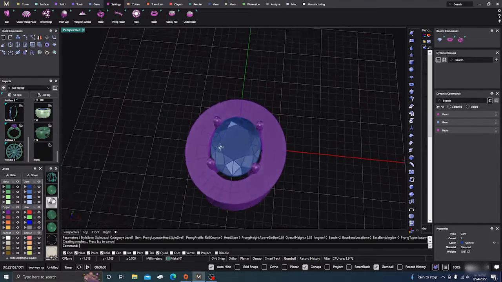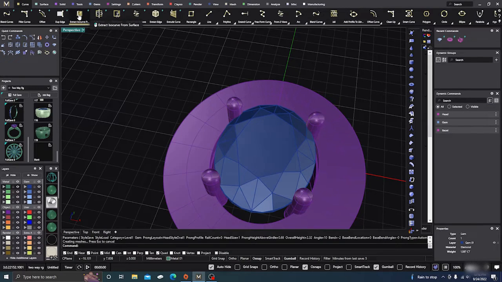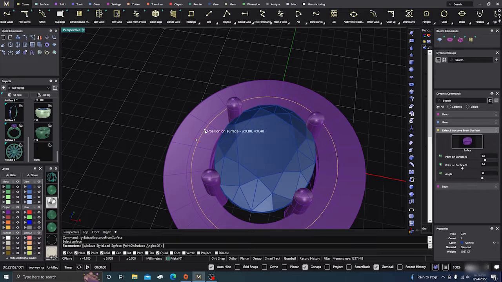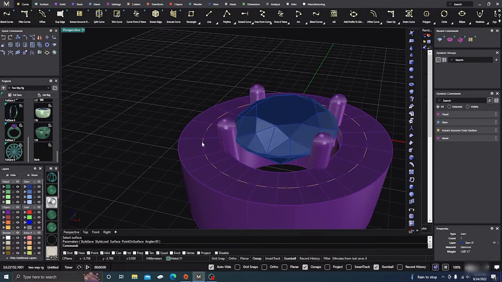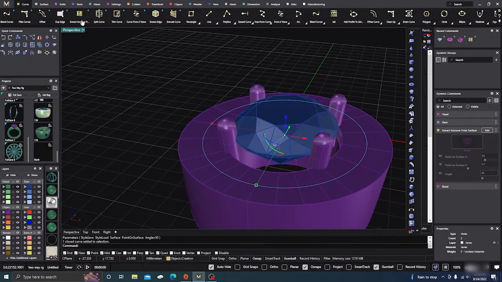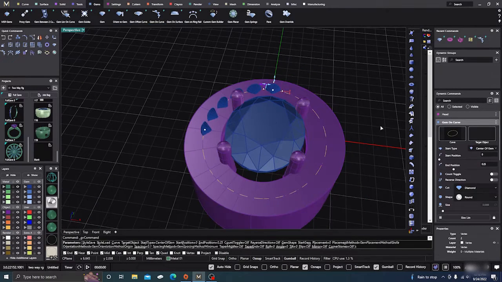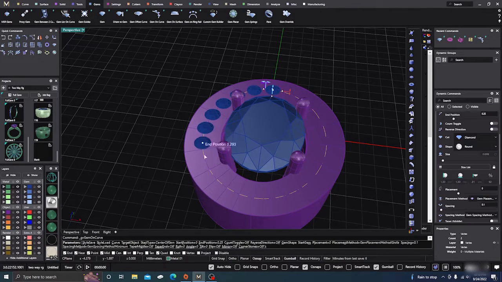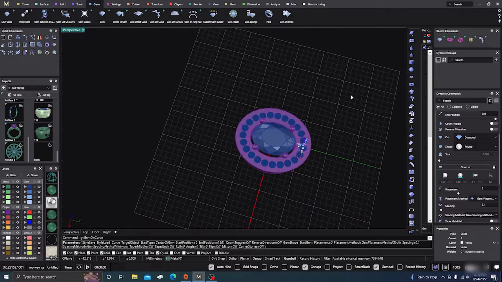Alright, and then from here, all you have to do is go to your curve menu, select extract iso curve, click on your surface, and we want it at a 0.5, so we'll just type that in, hit enter, so we know it's centered. Then we'll take our curve and go to gems and select gems on curve, and now we need to target surface our bezel and drag those around,